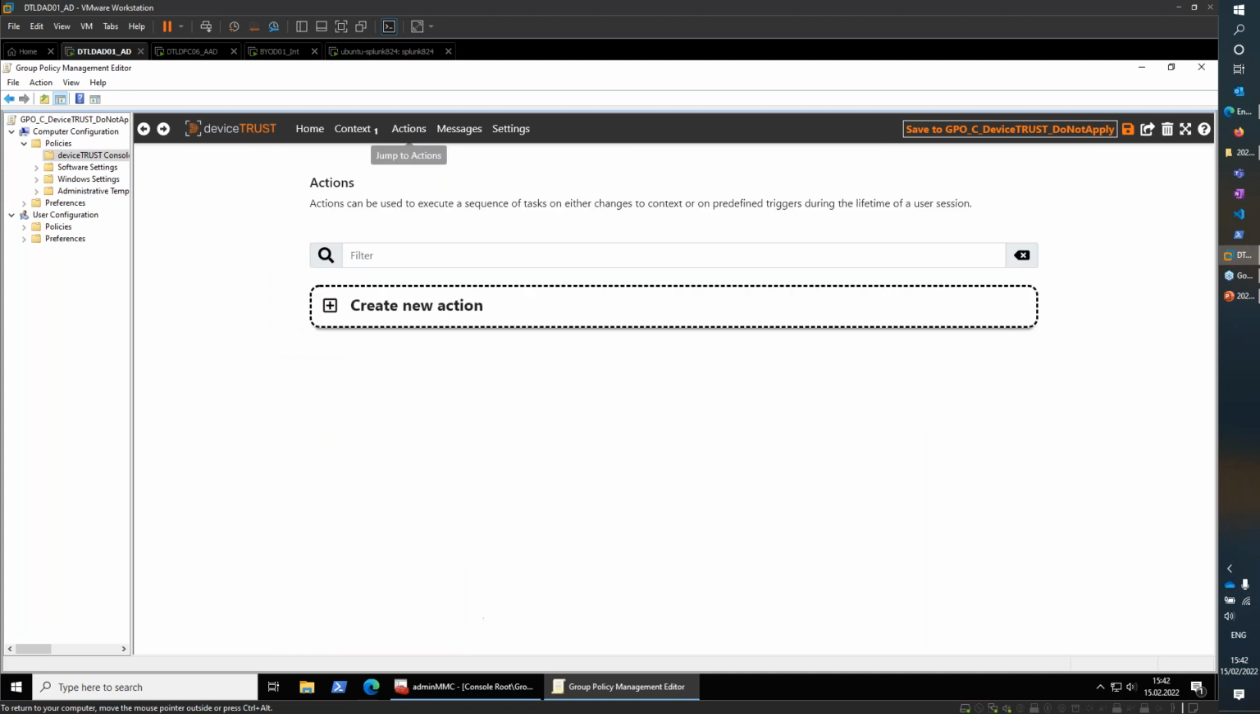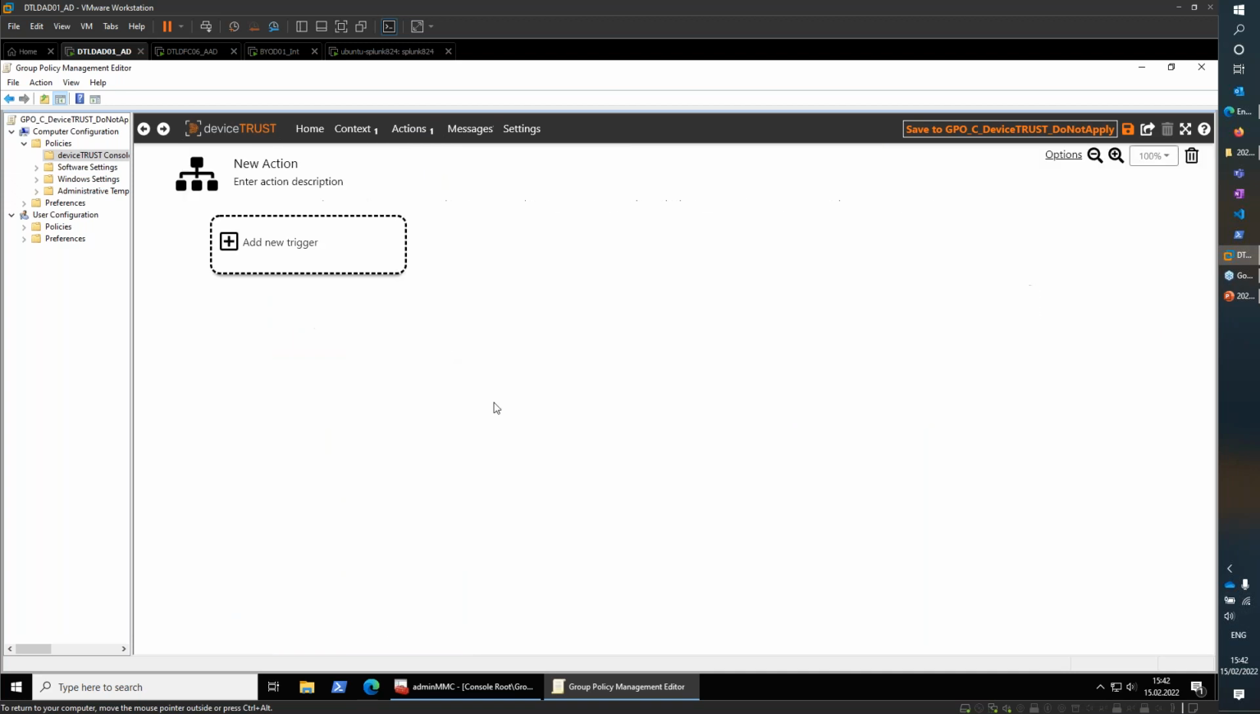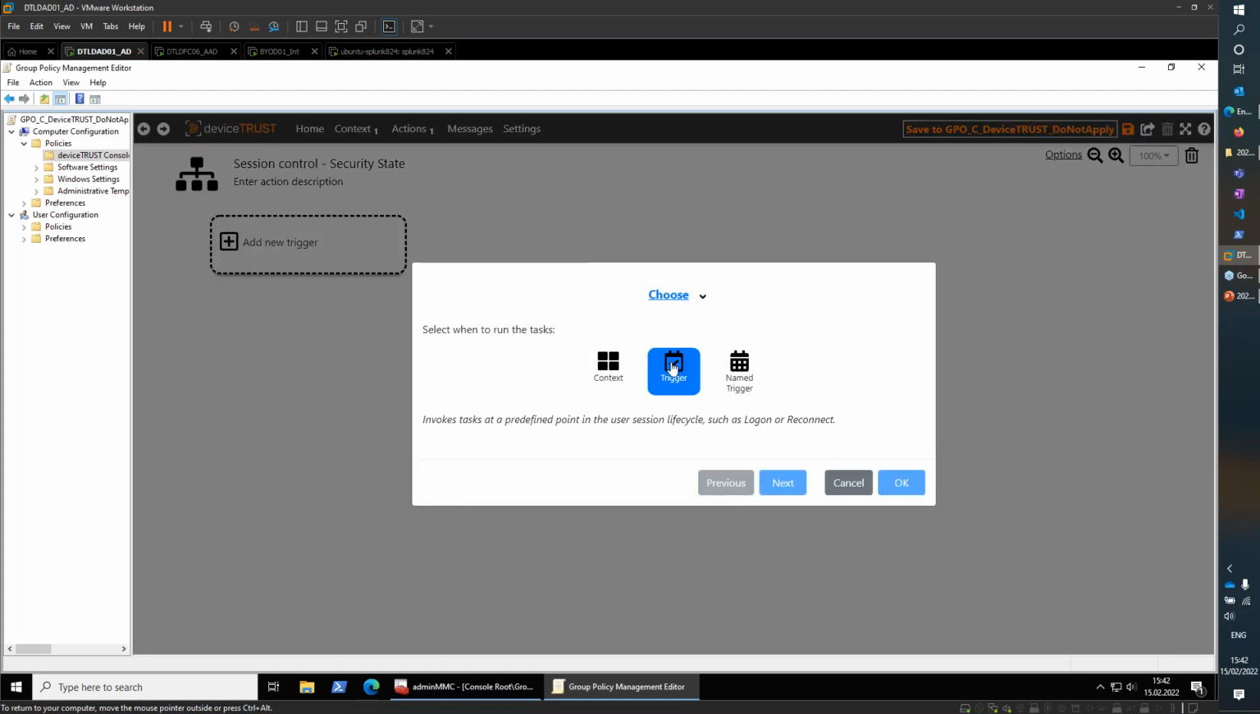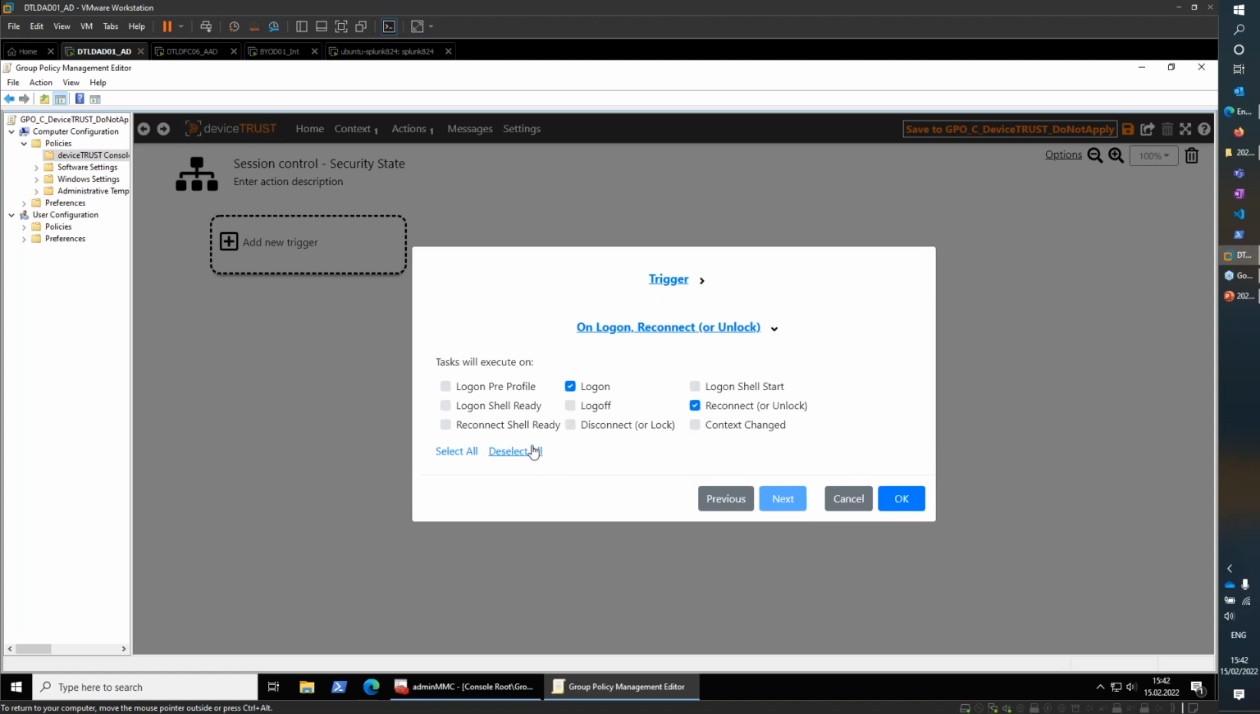So what I have to do now is create an action, let's just say session control, for example, and then say security state to display the information. First thing we need to do is configure the trigger, and the trigger is the configuration of when deviceTRUST needs to act. You could have deviceTRUST act on logon, on reconnect, on logoff, on all those things. And we might want to add context change here as well to add the dynamic aspect, so to act during